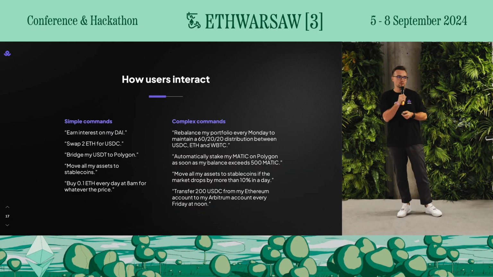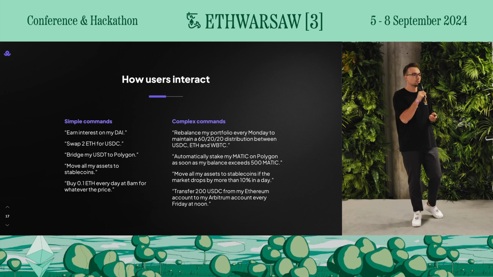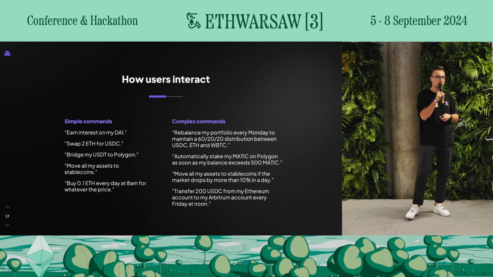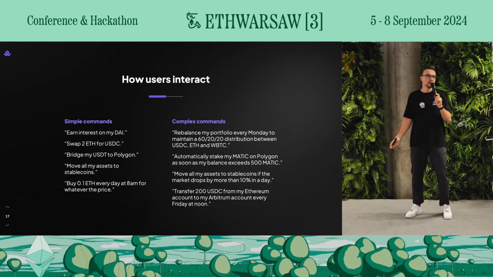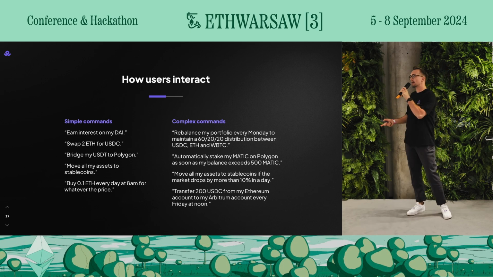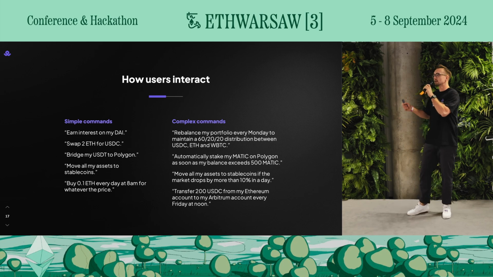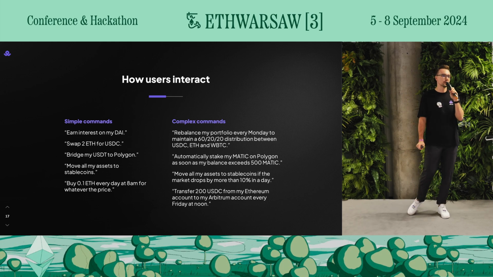So here we have a few examples of what sort of interactions will be available. From simple commands like earn interest on my DAI, swap ETH for USDC, bridge my USDC to Polygon, to more complex ones like rebalance my portfolio every Monday to maintain a 60-20-20 distribution between USDC, ETH, and wrapped Bitcoin. In this case, the AI agent will check every day the distribution of the assets in the account, and then it will create an intent that will perform specific swaps to achieve that 60-20-20